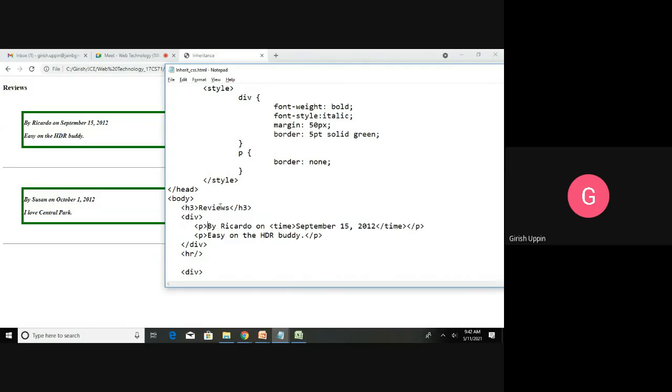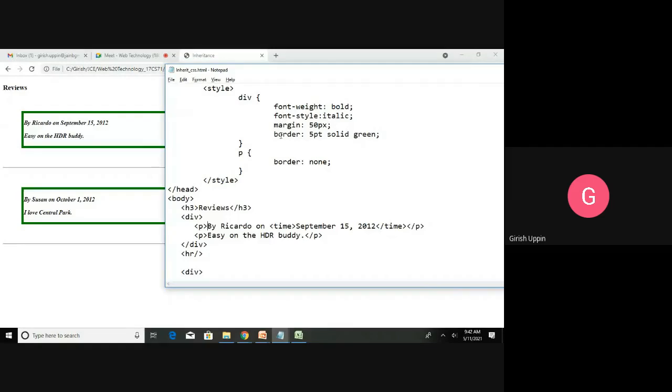You can see the h3 reviews, and this div has this property applied. The elements inside the div don't have any presentational content, so whatever is inside the div will come as bold, and it will come as italic. These two are inheritable properties.